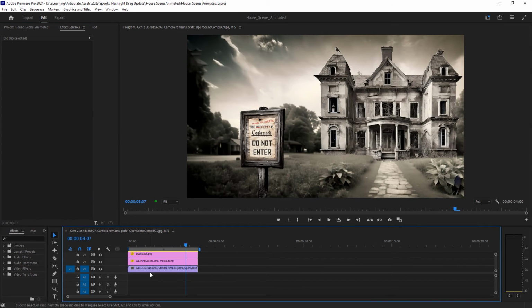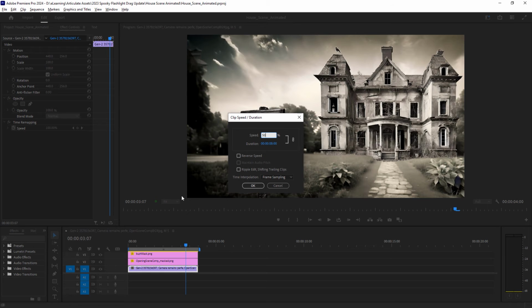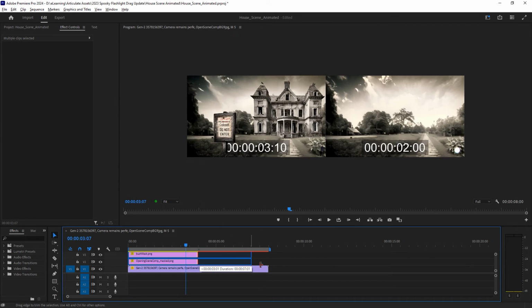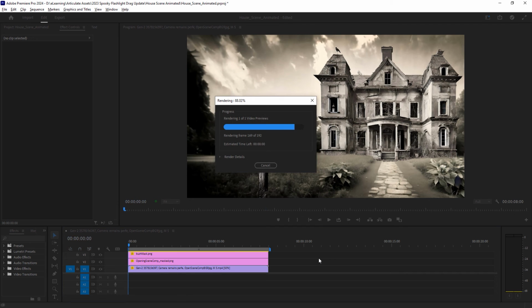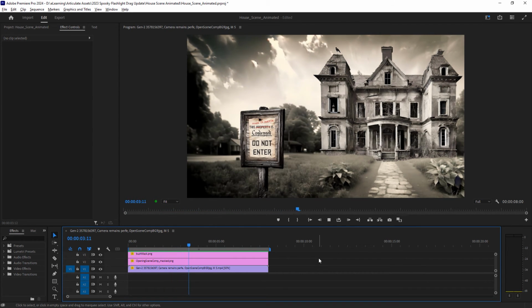Lastly, because the length of the video I have from Runway is only 4 seconds, I use the clip speed option to expand the clip to 8 seconds, which would be long enough for my intro in Articulate Storyline. Make sure to select Optical Flow as the time interpolation option to achieve the smoothest result by doing this. And here now is the final eerie animated scene for my activities introduction.